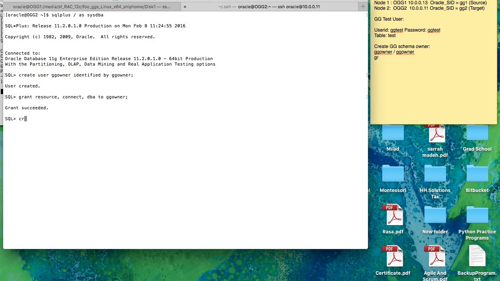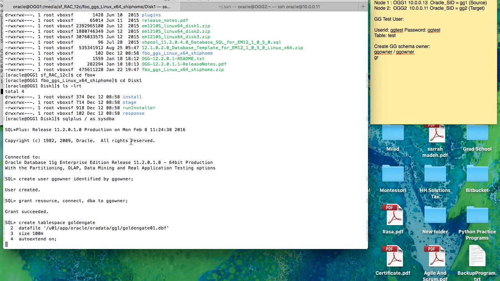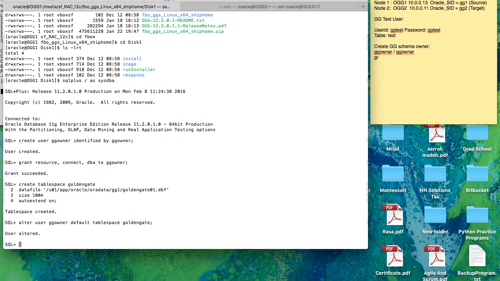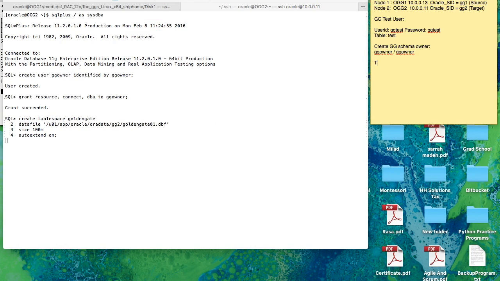While that's being created, I'll do the same thing on the other database. Okay, and it's taking a little bit of time, so there you go. And we're going to alter the GG owner default table space GoldenGate. So we'll assign the default table space for GoldenGate for the user. So let me put that down. Create table space